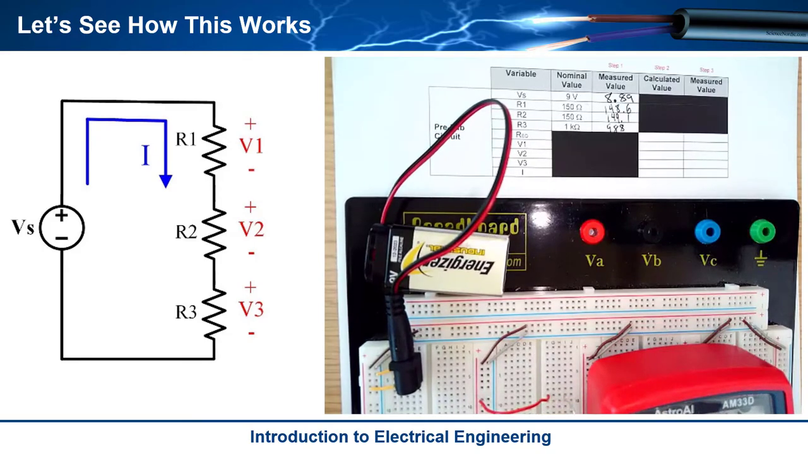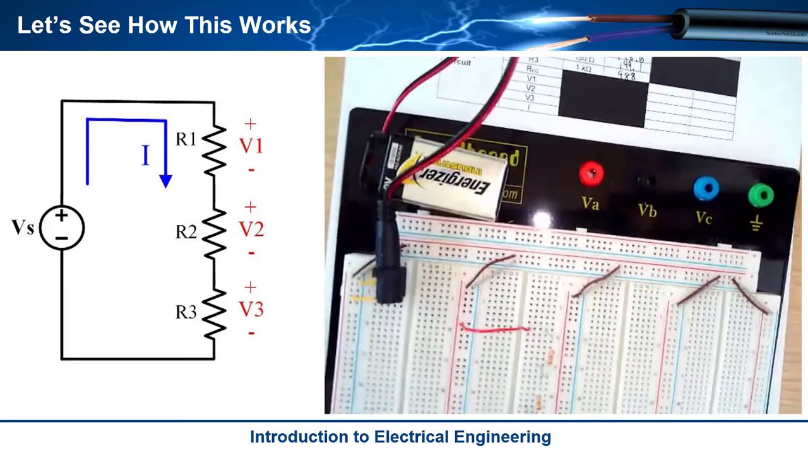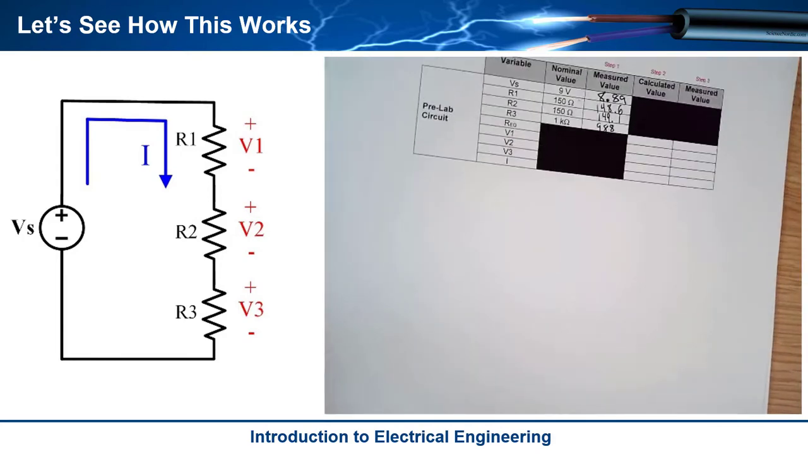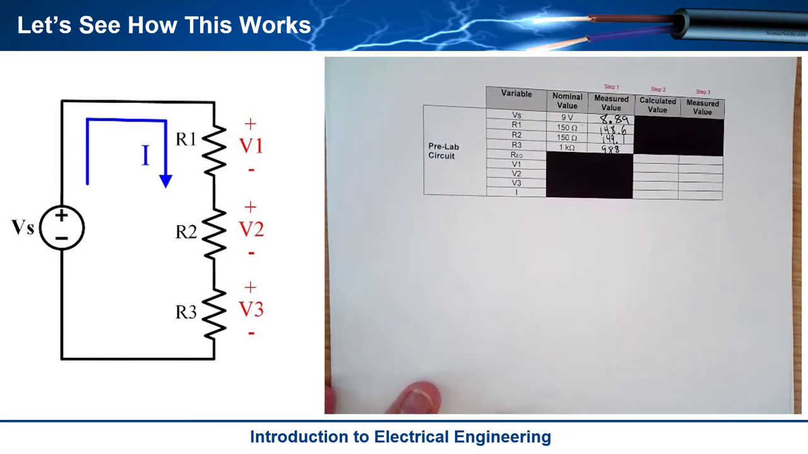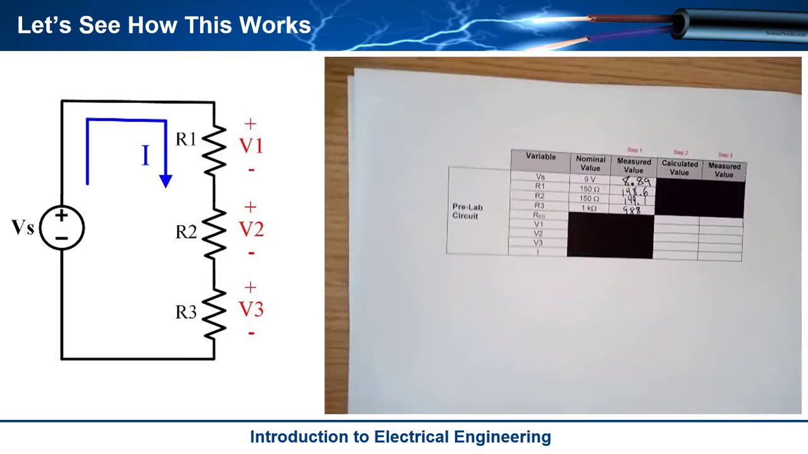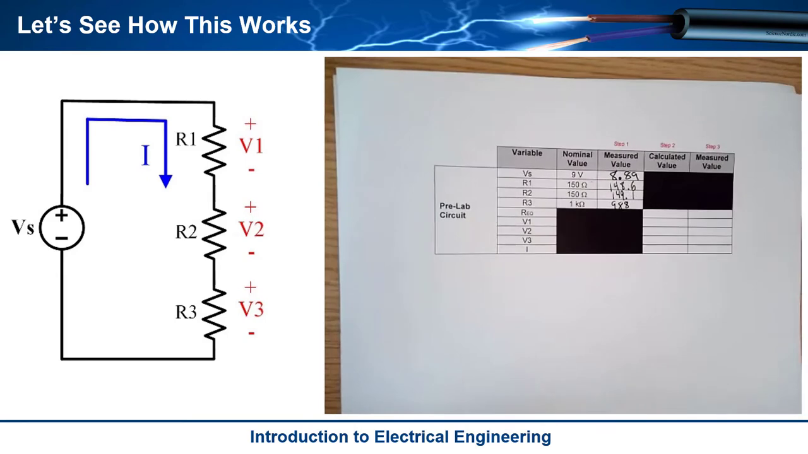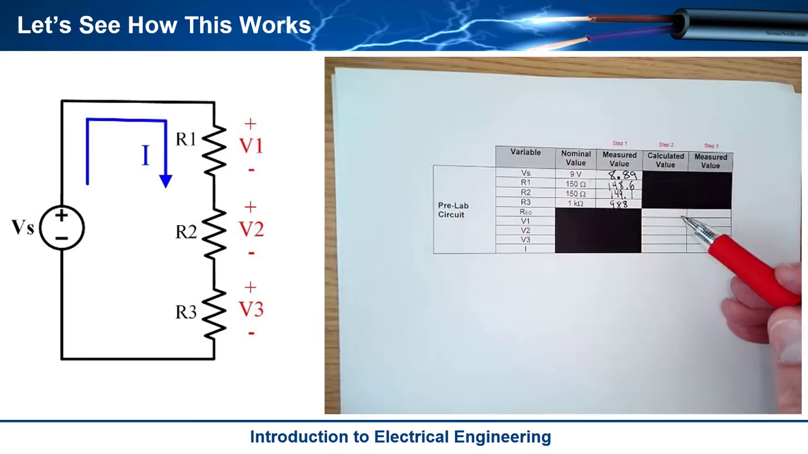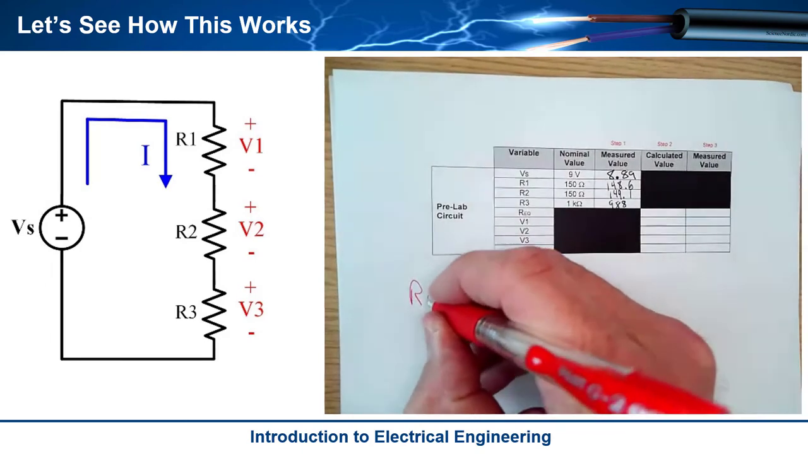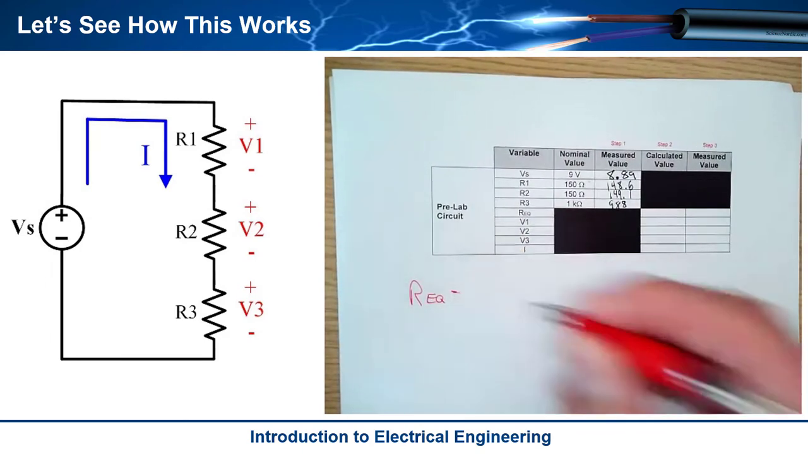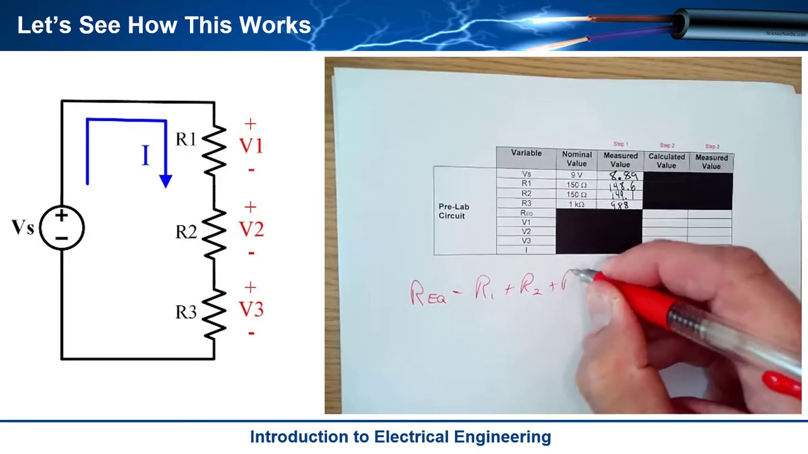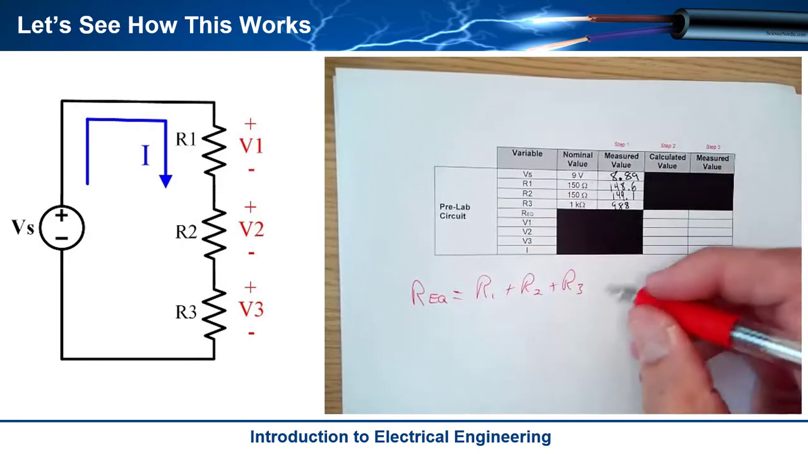Okay, so that's my circuit. Let's go ahead and put that aside for a second. And now let's do some calculations. So now what we can do is we can actually do some calculations to figure out these next values. So what I want to do here is REQ. So what is REQ? Well, REQ of a series combination is simply R1 plus R2 plus R3, which in this case was